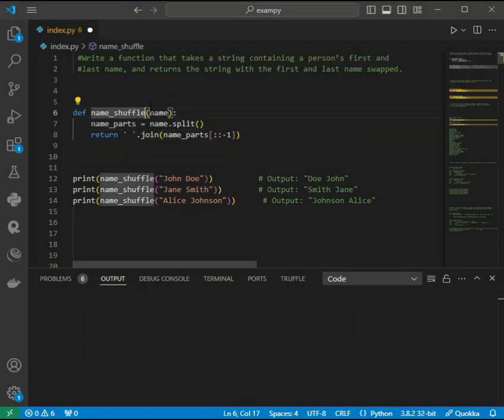Alright, so after taking a name as a parameter, then we split that input string into a list of words with this method split, separating them at spaces. So if the input is Jane Smith,